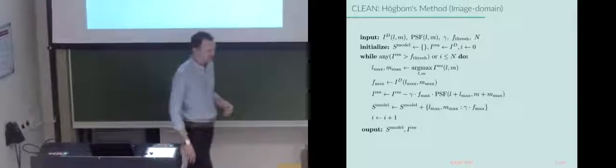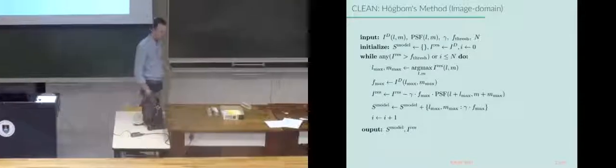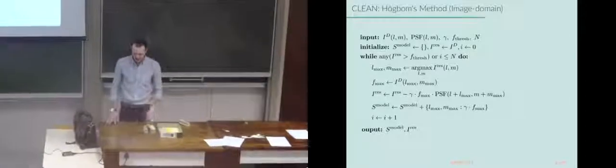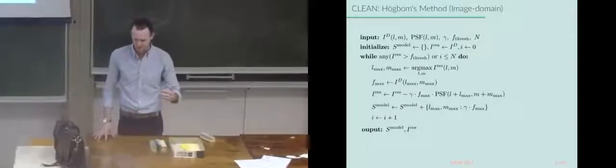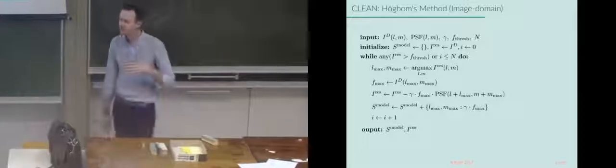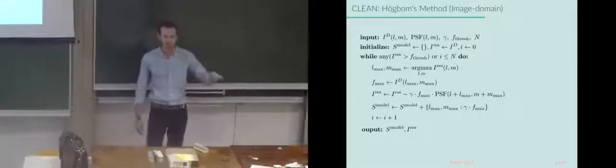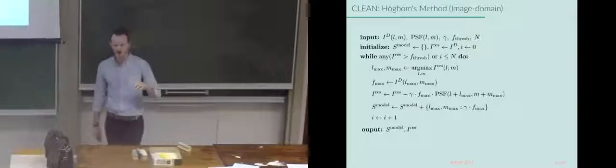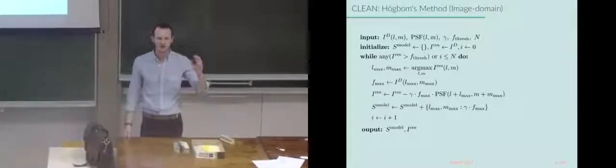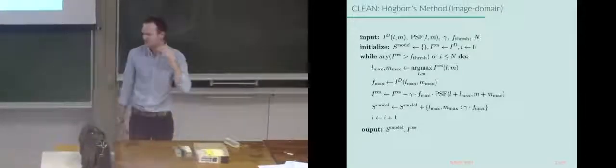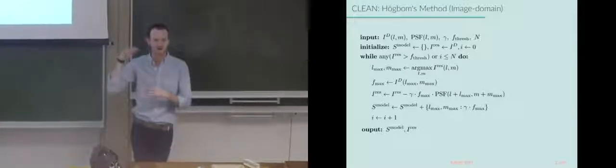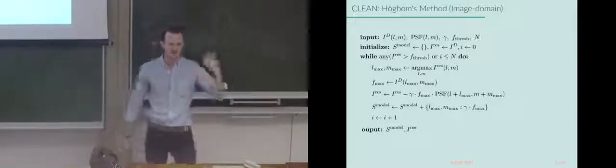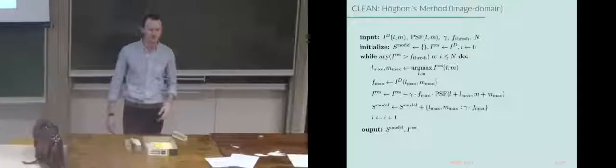Why would people do that? Why do you need those options? If you're doing a deconvolution down to some fairly high level, say you have a noise floor of 10 microjanskys and you only want to clean down to 100 microjanskys, you can just set the flux threshold to 100 microjanskys, because that's pretty high compared to the noise floor. It'll do some number of iterations, and it'll be pretty quick.